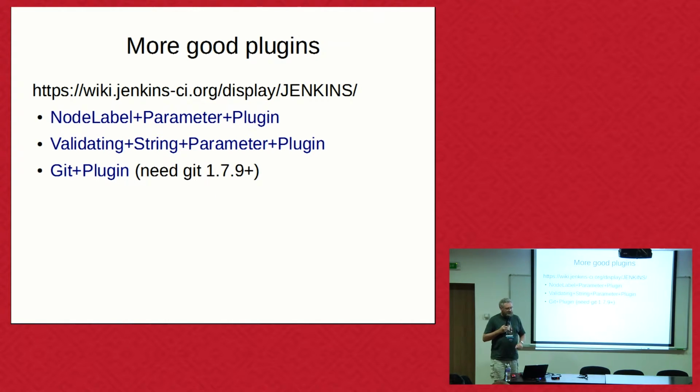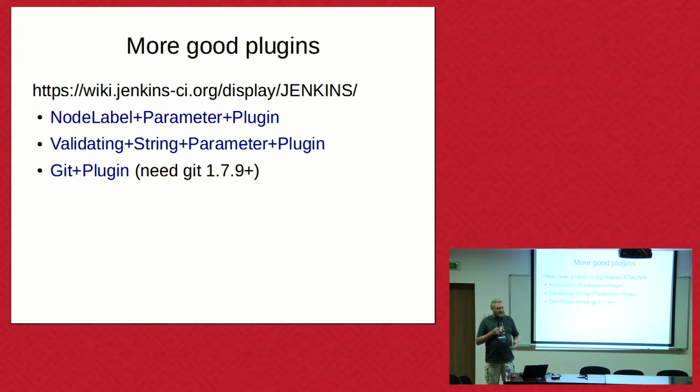A couple others that we're going to talk about later. Nodes and labels. Jenkins has the concept of slaves. These are other machines. So Jenkins resides on the master, and it does stuff here, but you may want to do things on your website or on the API machine or out on the database machine. And it's a little silly to set up the environment here, SSH across to there, set up the environment there, and run your job. So by making a slave out of it,